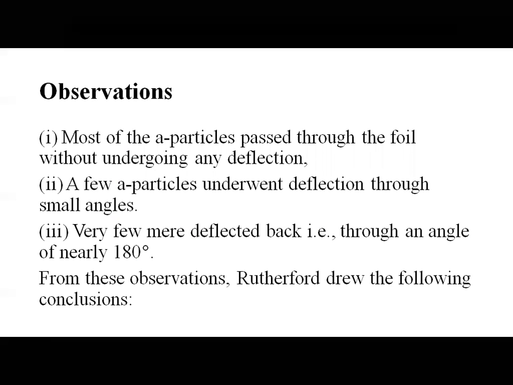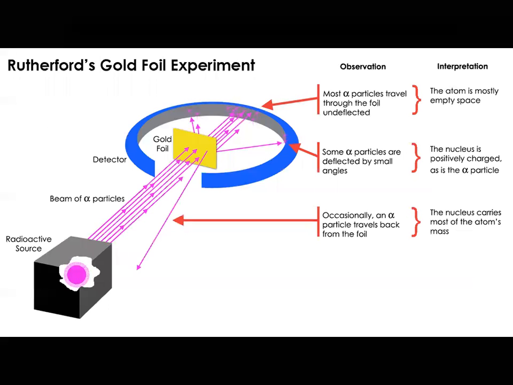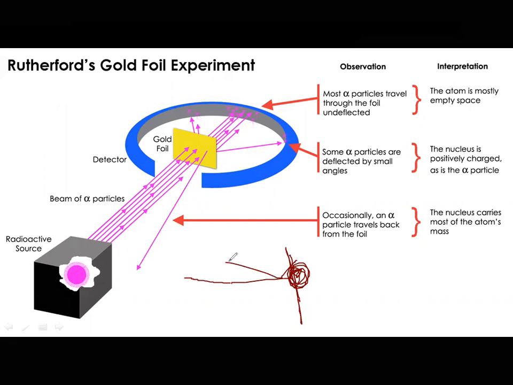From these observations, what conclusion did he come to? What interpretation did he make? With the first observation, he said that if something moves undeflected, it is like going from your school or college to your home, moving in a straight line on the road. If there is no obstruction in your path, you will still move in a straight line. But if there is a big pit dug by the municipality, you will make a small deflection. But if the road is completely closed, you will go back and find a different road. Understand? In a similar way,